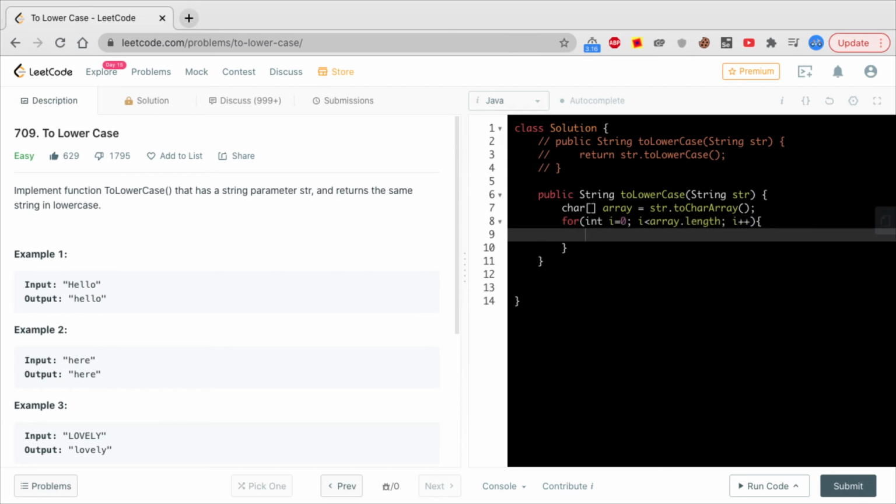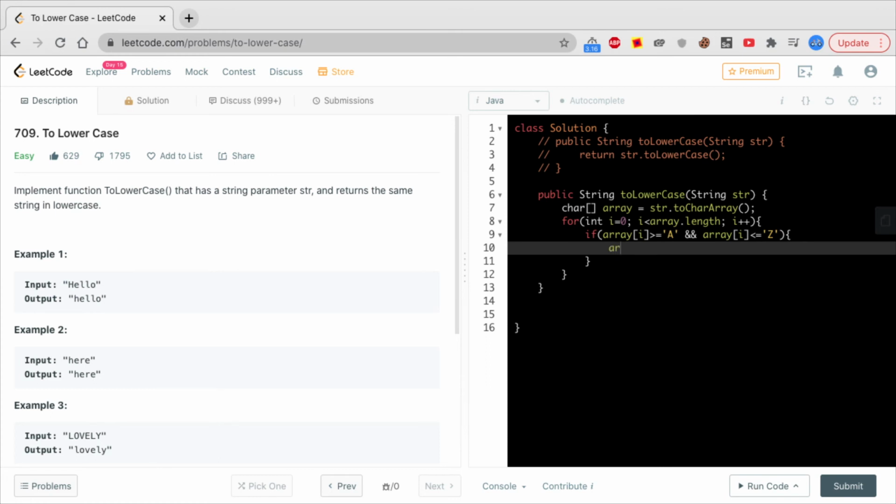Then we will check each character to see if it is in the range. If array of i is greater than or equal to the beginning character, and array of i is less than or equal to the end character, then we will convert this character into the lowercase character by adding 32, as we mentioned.